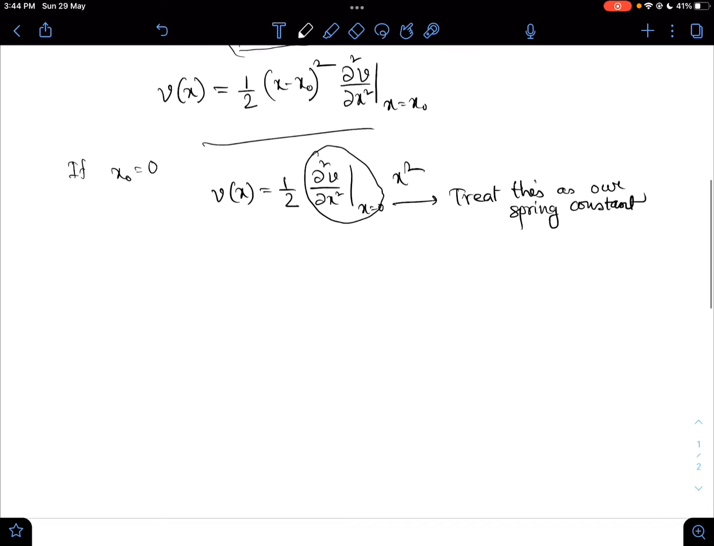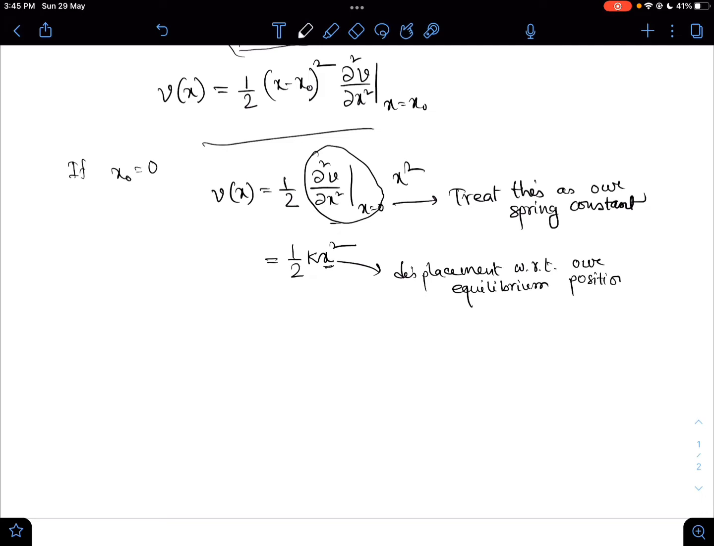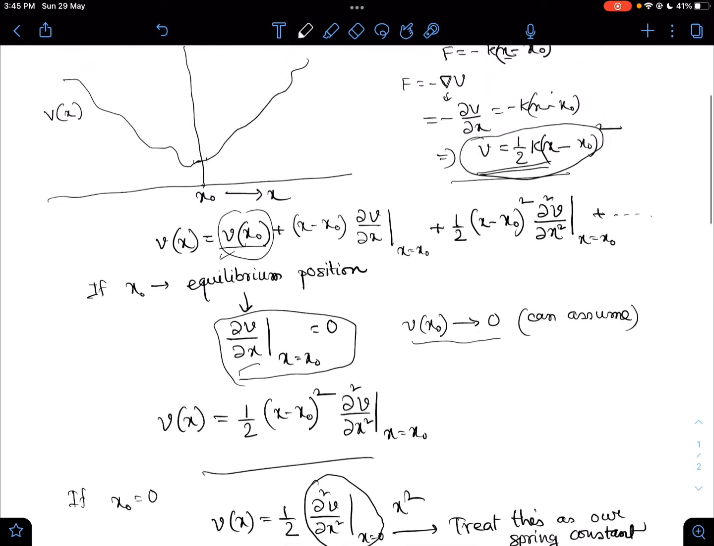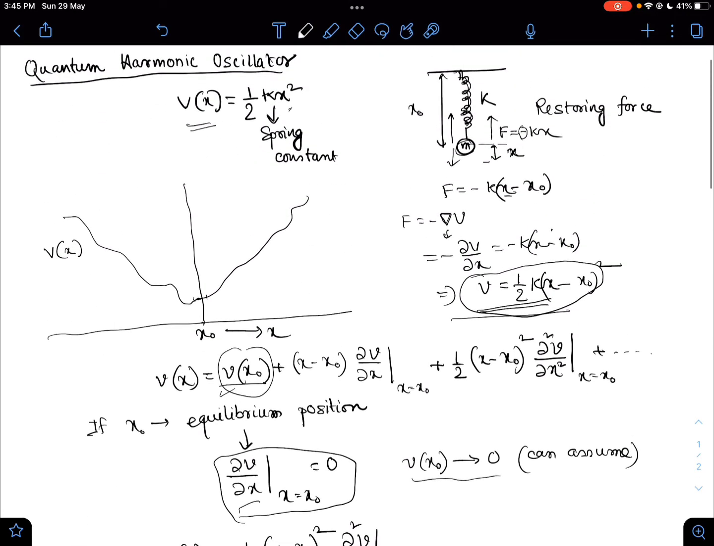So if we write this as k, then we have our potential to be half k x squared, where x is what? x is displacement with respect to our equilibrium position. That is why it is so important to study this harmonic oscillator in classical physics